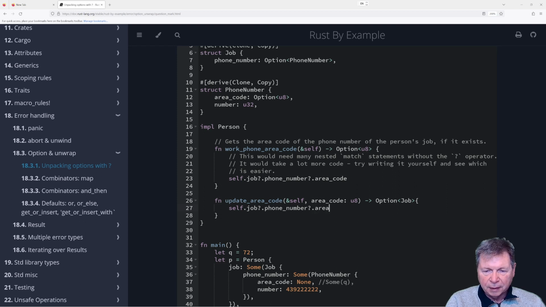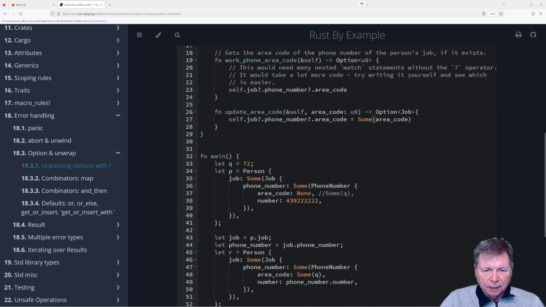Dot area code equals some area code. Can we do that? Are you going to be happy with me? And no semicolon, because then it's going to return an error if we have an error.